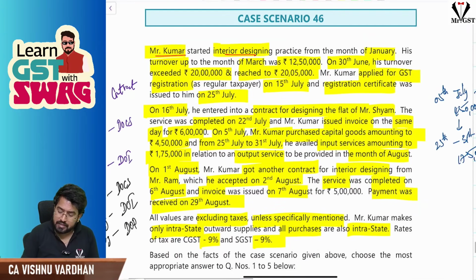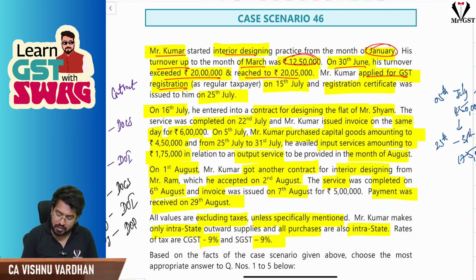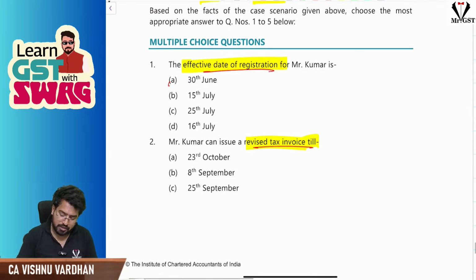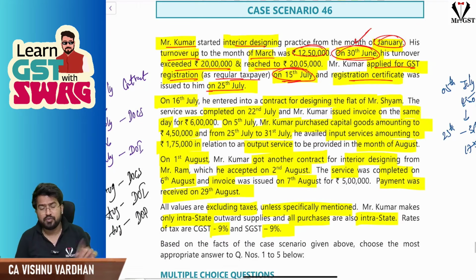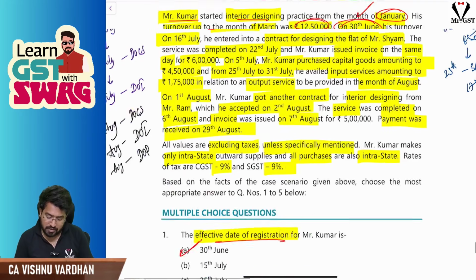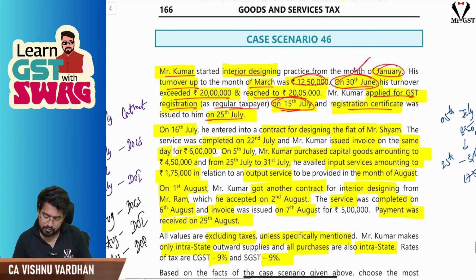Kumar is an interior designer, started his business in the month of January, and turnover up to the month of March is 12,50,000. And next financial year on 30th June, he has exceeded 20 lakhs and reached 20,05,000. So he has applied for GST registration as a regular taxpayer on 15th July. Became liable on 30th June, applied on 15th July. So within 30 days he has applied. So the date of becoming liable for registration will be the effective date of registration, 30th June. And he got the registration certificate on 25th July. So within 1 month you have to give revised tax invoice, that is 25th August will be the deadline. So 25th August will be the deadline. Okay. Next,